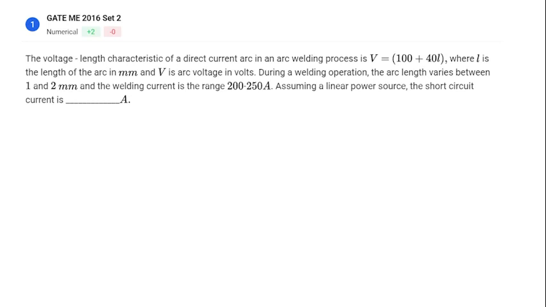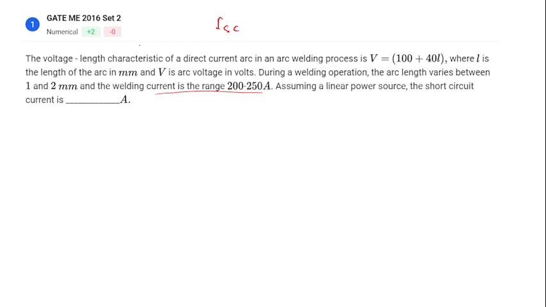Okay, let's see this question. The VI characteristic of a direct current arc in an arc welding process is this, where L is the length of the arc in mm and V is arc voltage in volts. During a welding operation, the arc length varies between 1 and 2 mm and the welding current is in the range of 200 to 250 ampere. Assuming a linear power source, the short circuit current. They are asking you